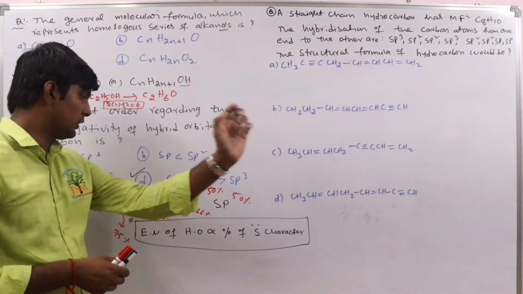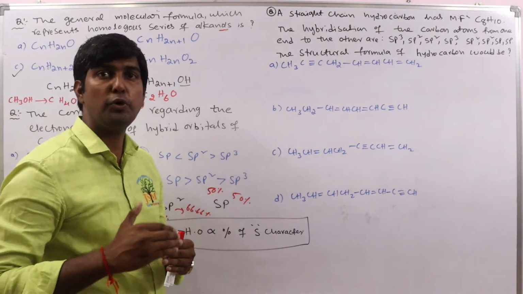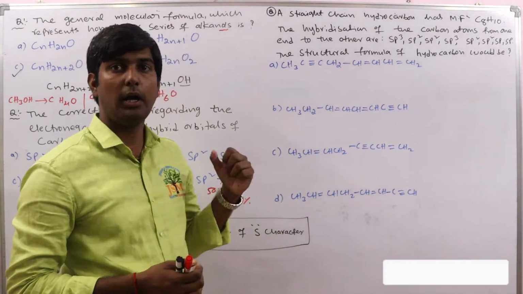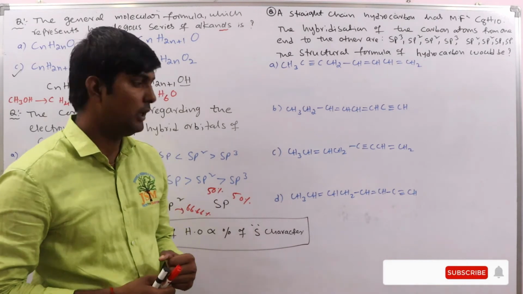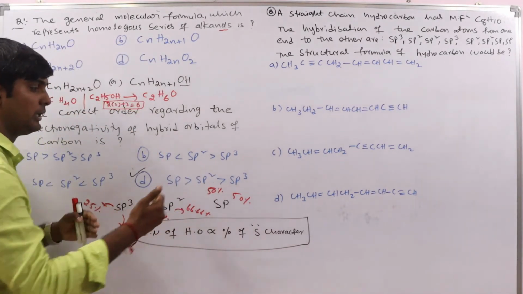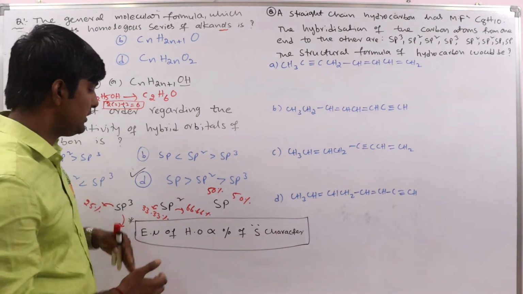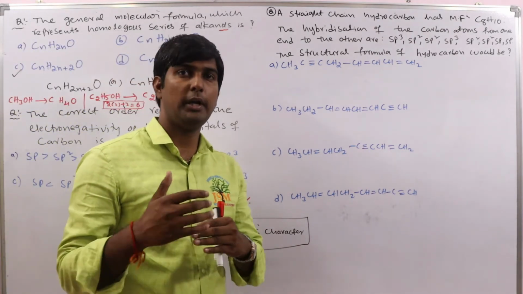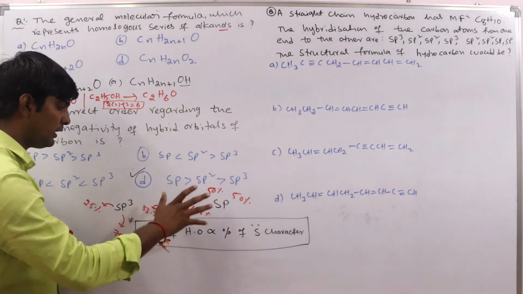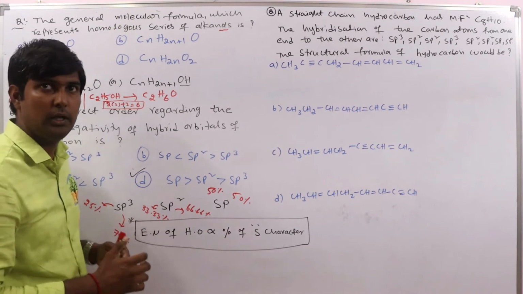Greater S percentage means more penetrating power, closer to the nucleus, and it can attract strongly. That's why the electronegativity of a hybrid orbital is more if the S percentage is more. We already discussed this in a separate lecture in detail, and you can follow that lecture. Here I have explained this in short form. Next,